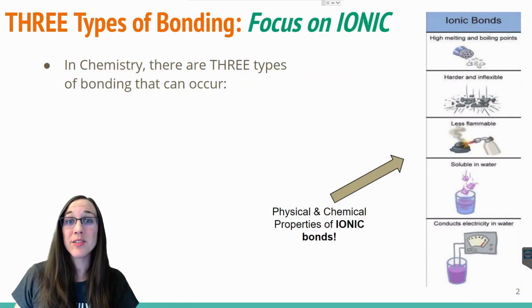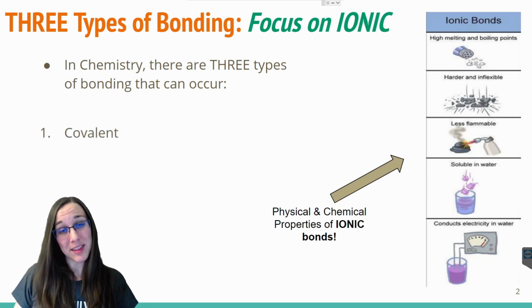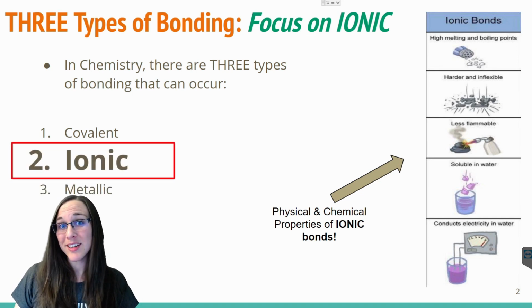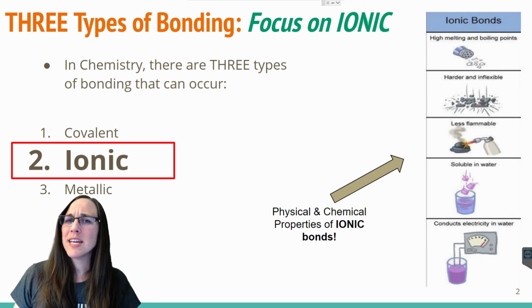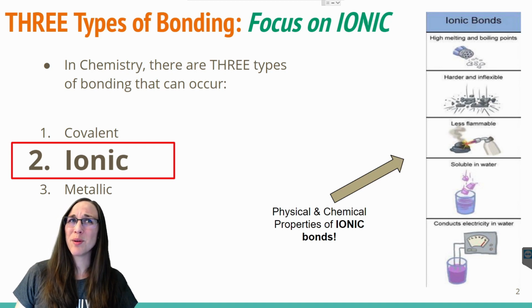In the past, we learned that there are three types of bonding in chemistry. We've already talked about covalent bonding, and today we're going to be talking about ionic bonding. In the future, we're going to talk about metallic bonding really quickly, but ionic bonding is a little bit of a different animal. So we're going to spend some time talking about ionic bonds and how they're different from covalent